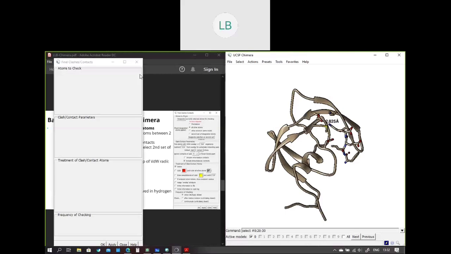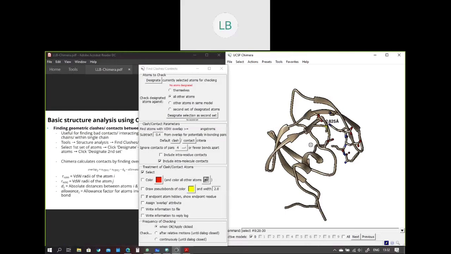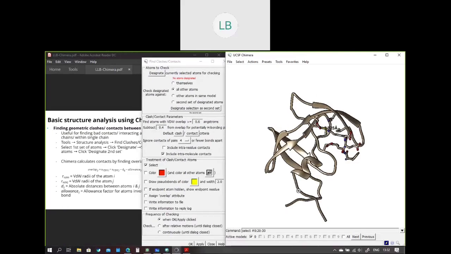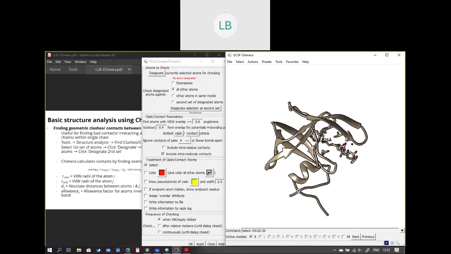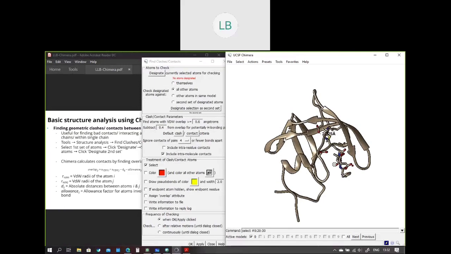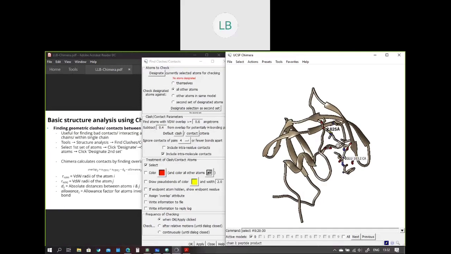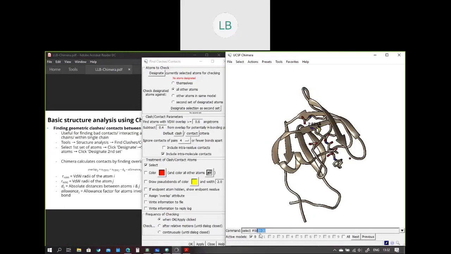Here, we need to choose what set of atoms is the first group for which we want to find contacts. Let's say this is residue glutamine 103. So I'll type select number 0103, and I've selected this particular residue.